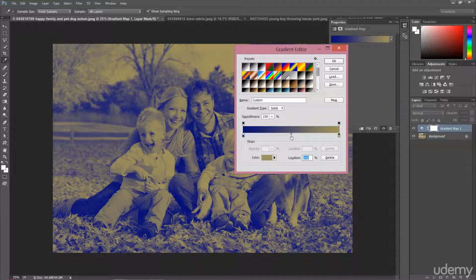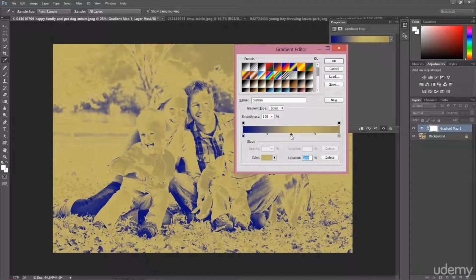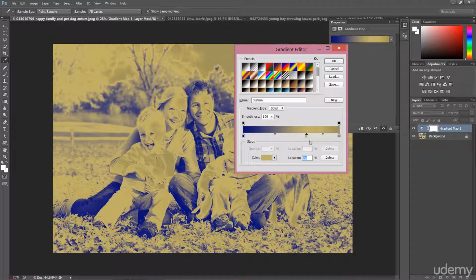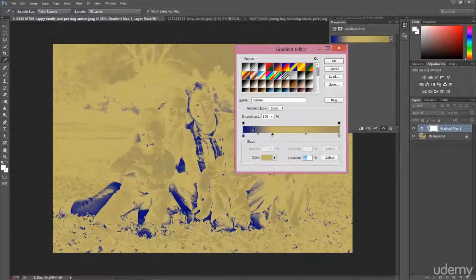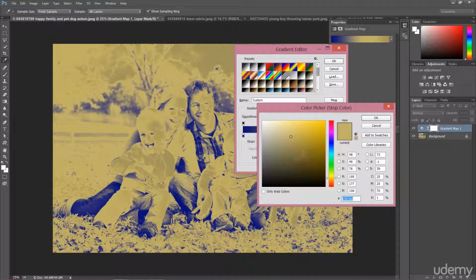And also when I hit here in the middle, I created a new one. So when you hit under this, you create a new one, and we already have the color, which we can of course change. By adjusting this slider to both sides, you can create the smaller cross, you can adjust the midtones for your image. I'm going to change this color because it's not suitable,